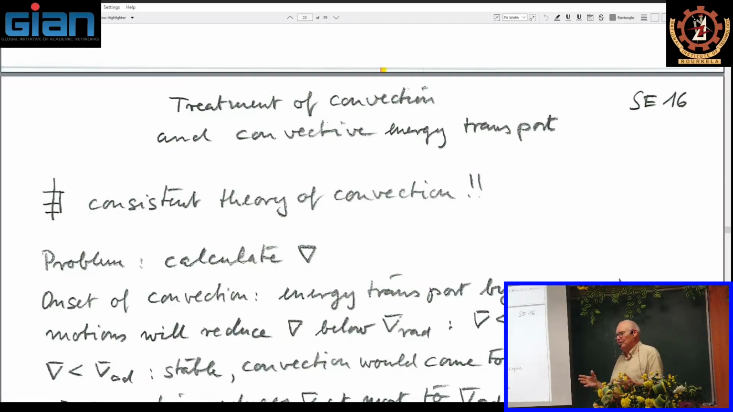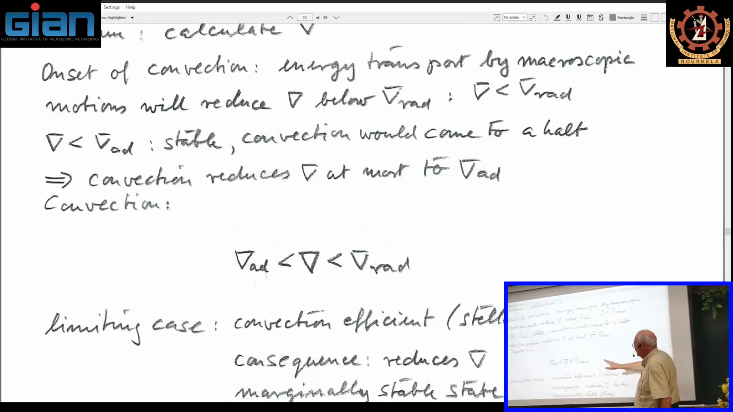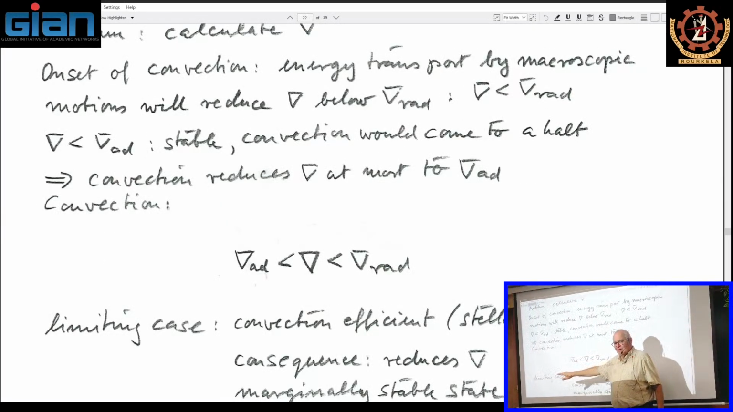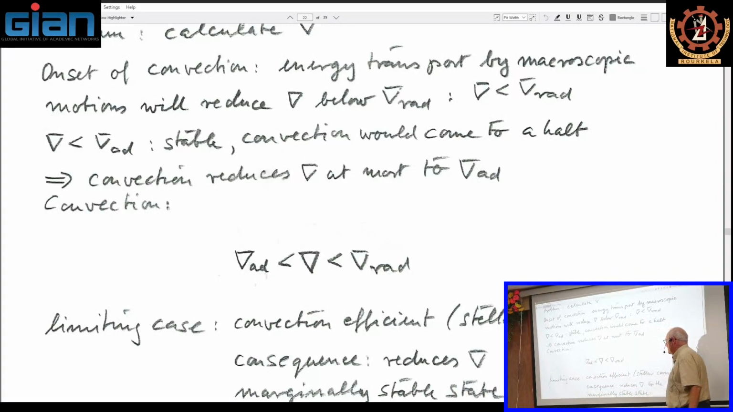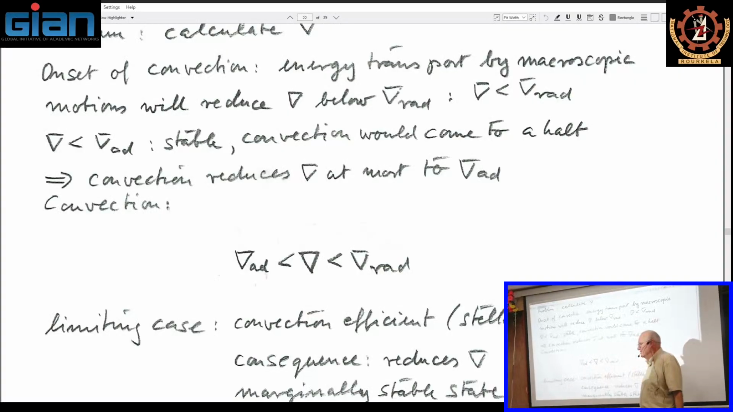What would happen if nabla is below nabla adiabatic? Then it would meet a stable situation. So then the convection would cease and there would be no convection anymore. So the maximum reduction will be nabla goes down to nabla adiabatic. So we have the result that finally nabla should be between nabla radiative and nabla adiabatic, some value in between. And the question then is, where between nabla adiabatic and nabla radiative is nabla